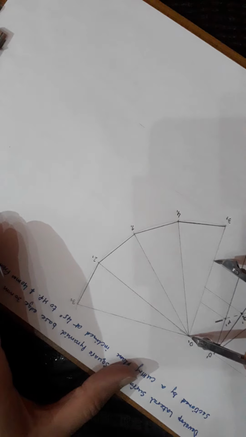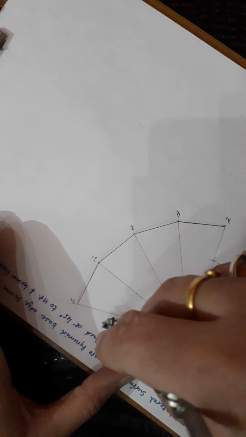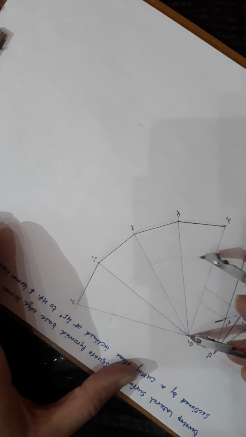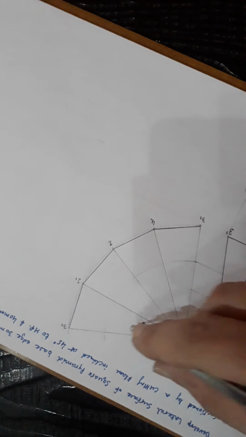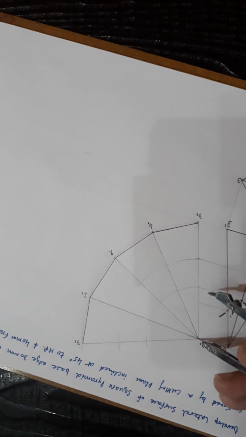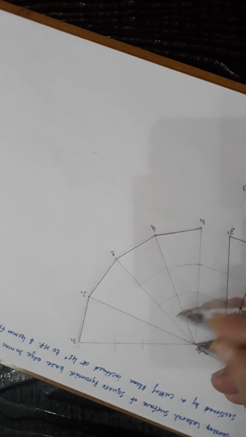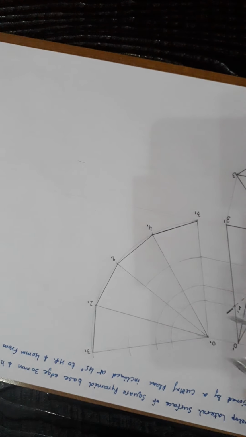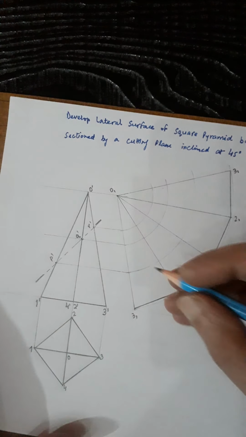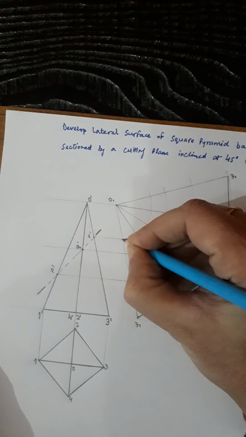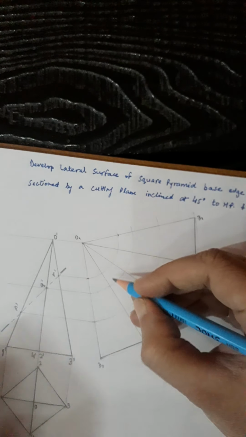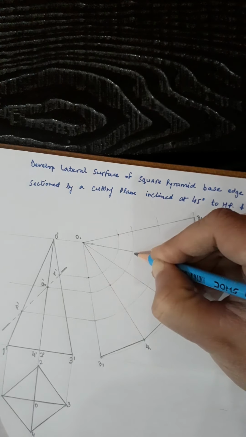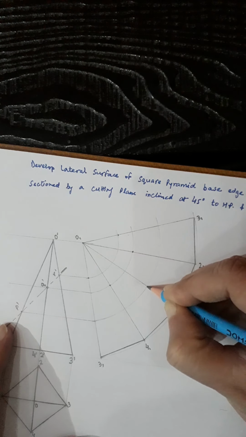Now I'll be drawing these arcs through these points wherever there are horizontal lines through P, Q and R. It will be 3 arcs, and the third one is related to R, P, Q and R. Now I'll be finding out these points. R is lying on 3. Here you can check, it will be 3 on the other side. Q is lying on 2 and 4, it will be 4 and 2. P is lying on 1.